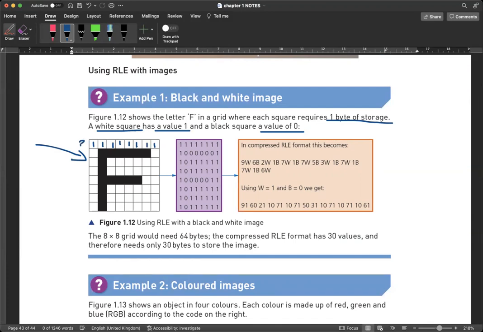Is that okay? Can you count it for a column? 1, 2, 3, 4, 5, 6, 7, 8. So 8 for the column. So what is the total number of bytes? 8 times 8, 8 by 8. Can you tell me the total value for the bytes? 64. 64 bytes. I'm just writing BY, okay? Okay, great. Now, what I taught you, that 1 for the white color and 0